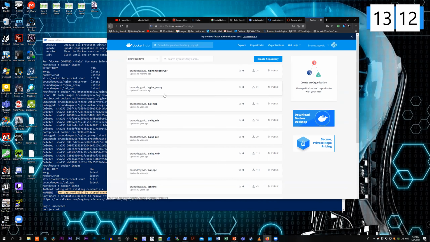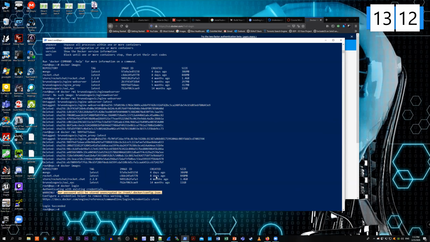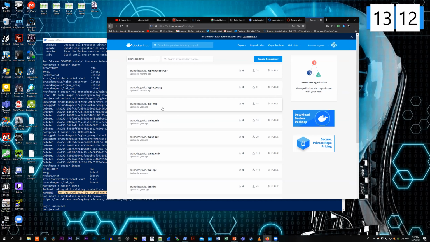Most of these are public anyway, so anybody can download this. Even you can download them. So that's how you're going to use these. The Nginx proxy and the Nginx web server are out-of-the-box images. This is not changed. This is not configured. All the configuration you can do on your localhost, and I will show you how with the configuration file. The only thing you can do is pull these images to your host.